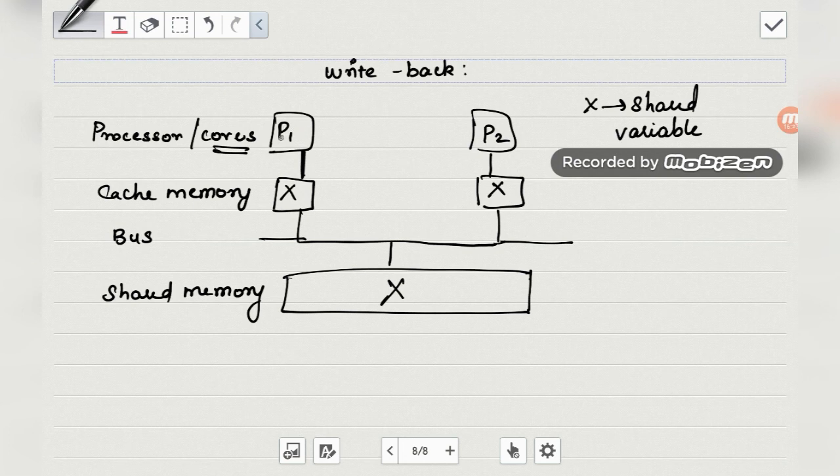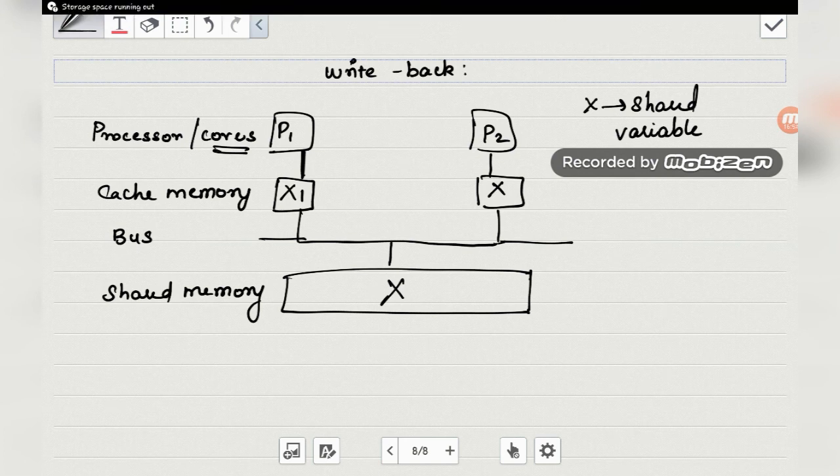Now processor P1 is writing a new value into the cache, which is X1. So it is performing the write operation on X1. In the previous one we've already seen, in write back the write operation will be only updated in the cache memory and not in the main memory. In the main memory it will be updated only when the corresponding cache line is flushed, right?